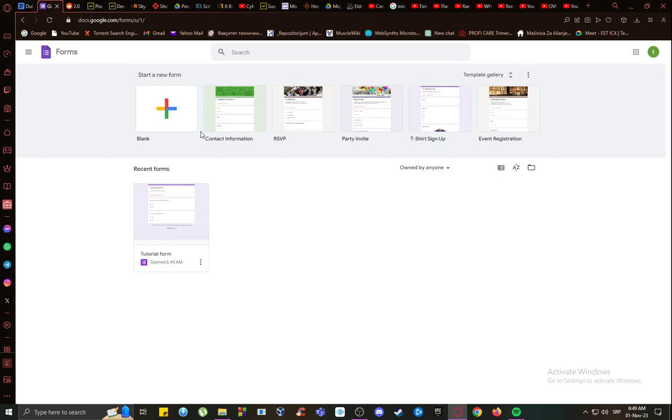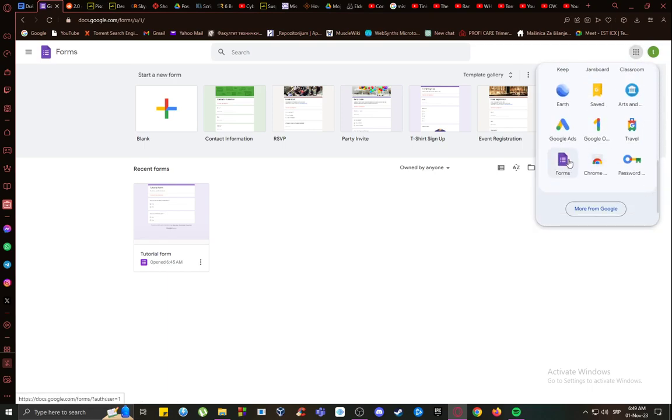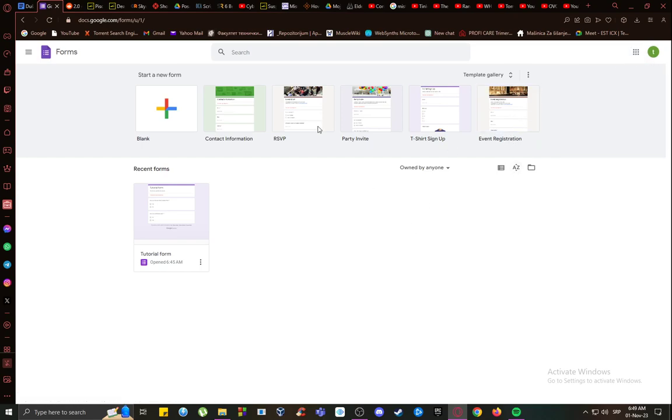As you can see, I am logged into a tutorial account and I have entered Google Forms. If you're on PC, the way you do this is by going into Google Apps, which is this 3x3 grid looking button. Click on that and go all the way down. In the bottom left, you will see the Google Forms icon, and once you click that, you'll be taken to